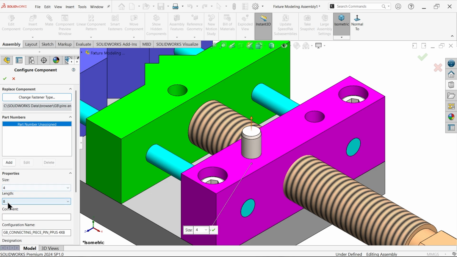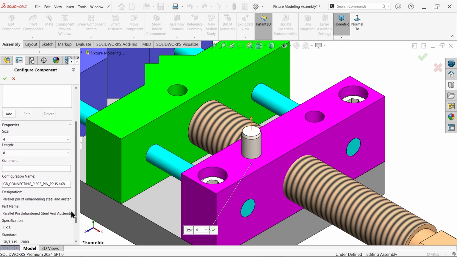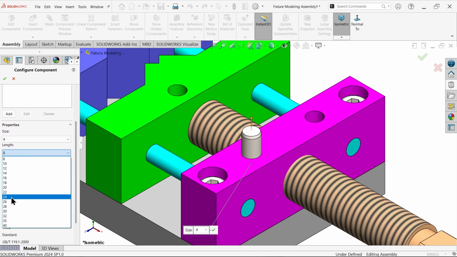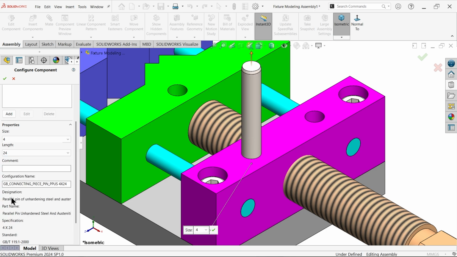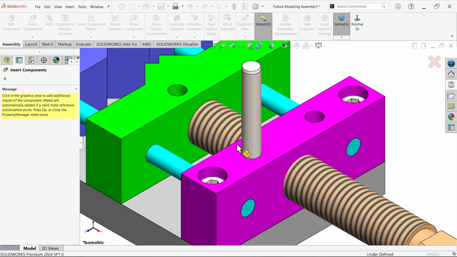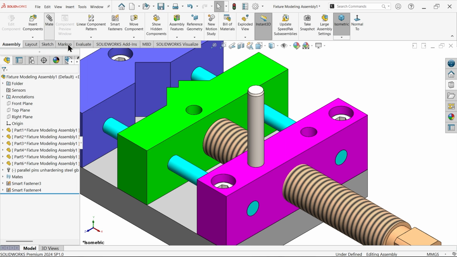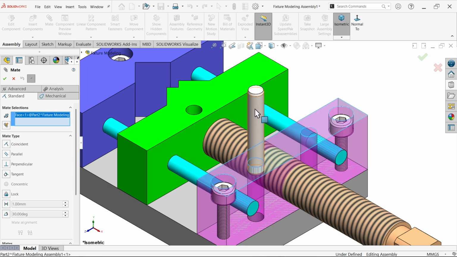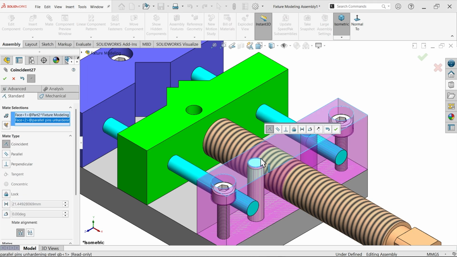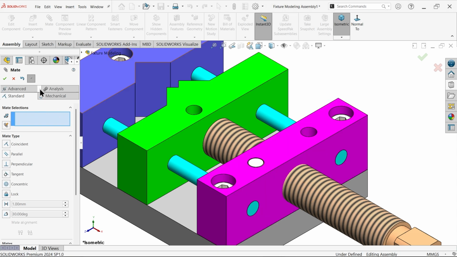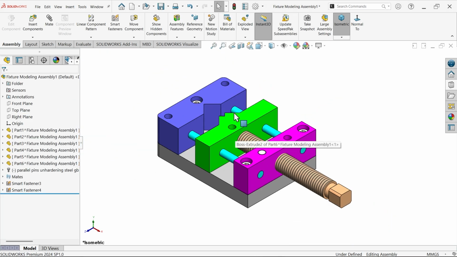Diameter for size 4. Now length. Length 24. See, PPUS. OK. Uncheck mate. Select this face and this face. Concentric mate. OK. Now here let's use